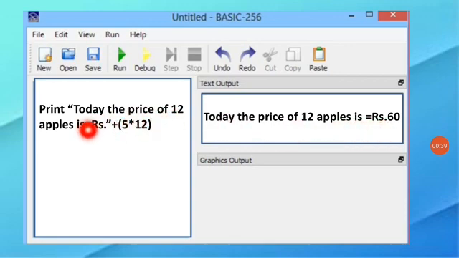The text "today the price of 12 apples is rupees" is printed as it is, and 5 into 12 is calculated and printed here. Why is it calculated and printed? Because we are using the BODMAS rule, right? So the two strings are added and printed here. Is it clear?